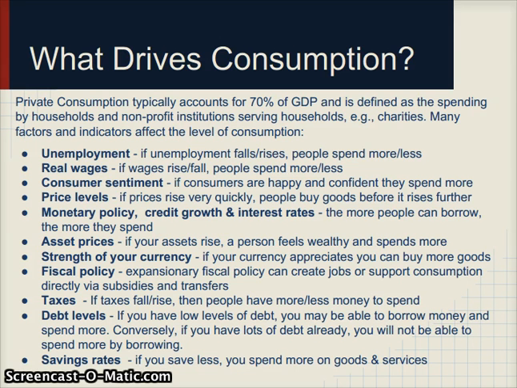The strength of your currency is also important. So if your currency appreciates relative to another currency, then you'll probably consume more of their goods, or you'll consume more of your own local goods. So let's say I typically import food from another country, and I spend 10% of my money on importing food, and it so happens that it comes from a different country. Now, if my currency appreciates a lot against that country, then I don't really need to use 10% of my income to buy the same amount of goods from that country because my currency is valued at a higher level. So I actually need a little bit less money.